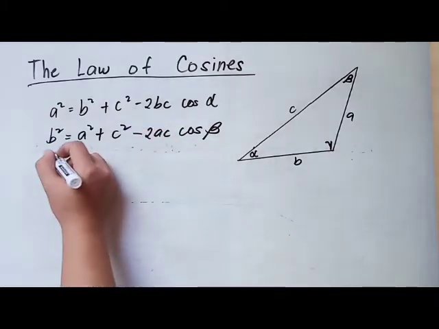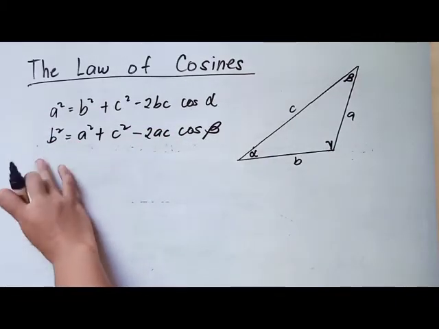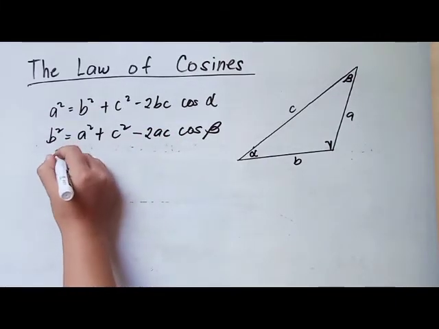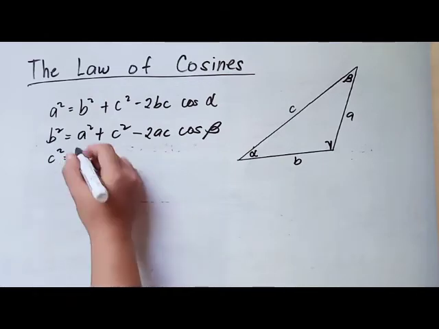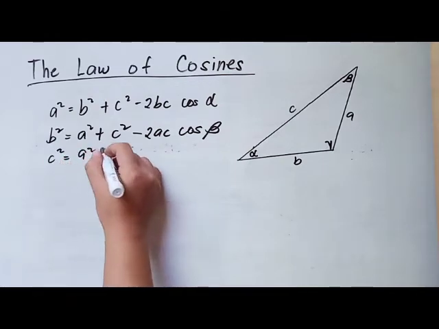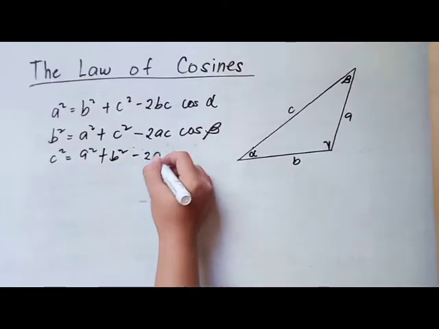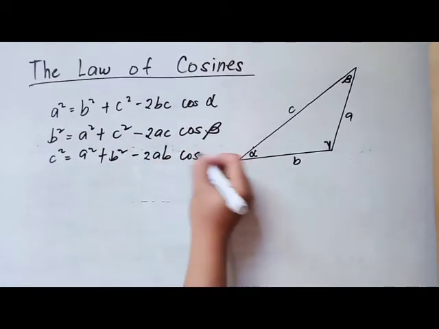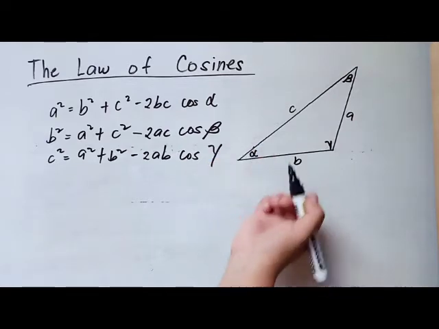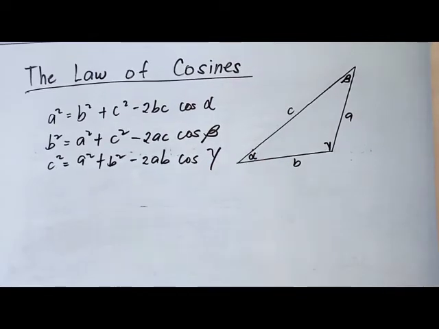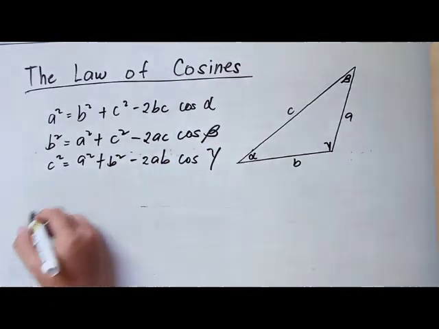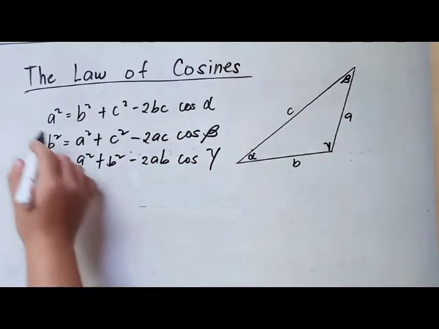And same with side C, or our C squared, that is equal to A squared plus B squared minus 2AB cosine gamma. So manipulating these three equations, for example, in getting alpha or cosine alpha, from this equation,